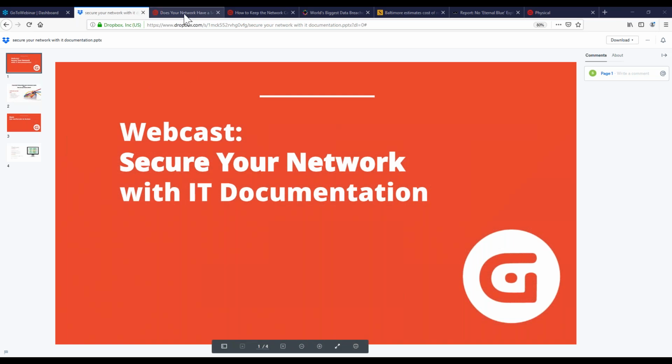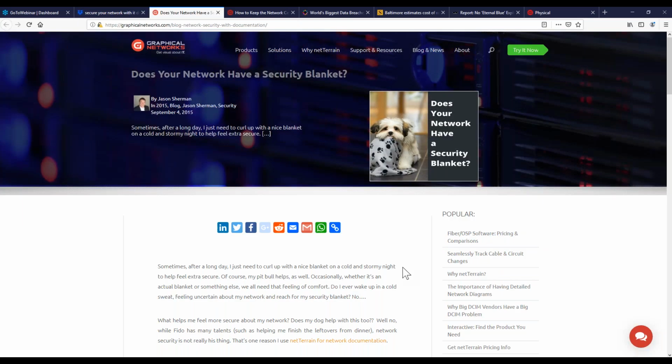So I'm talking about giving yourself that sort of security blanket of, this is my network, and I feel better about knowing what's out there and how it's connected. What are the different aspects of my network, and what is that overview picture? And that's really what we bring to the table as far as the documentation tool goes.